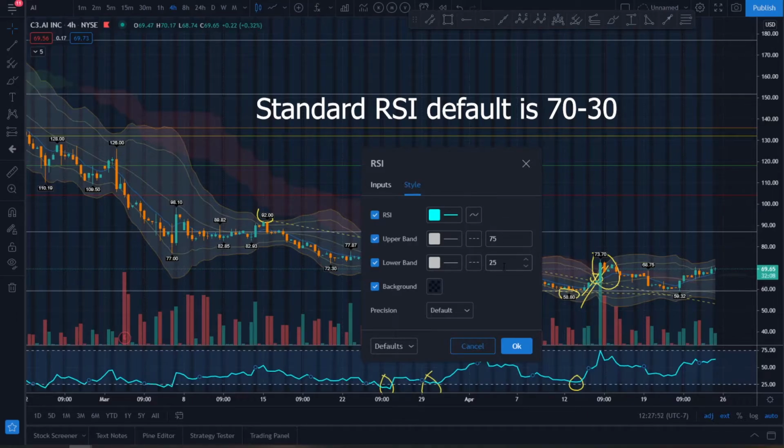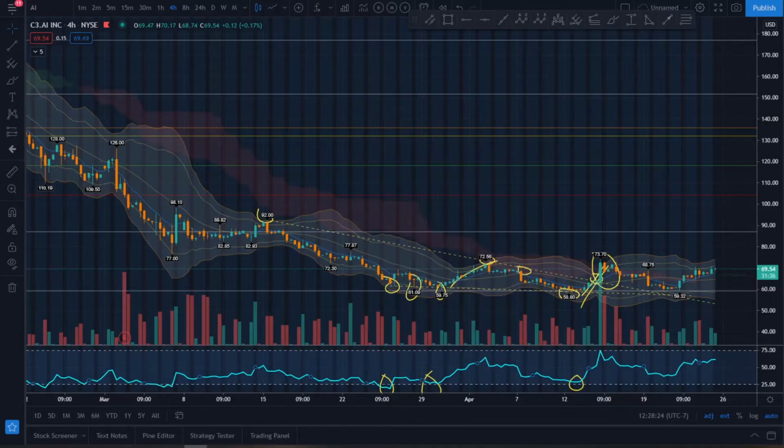So it makes it even more oversold or more overbought when the line gets dipped below this area. So it makes it very clear for me on the oversold conditions. So with the bullish divergence, it makes for a very good low risk, good risk to reward trade, as you